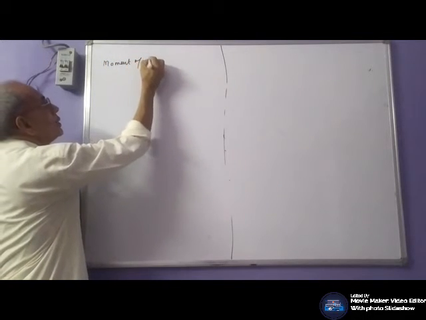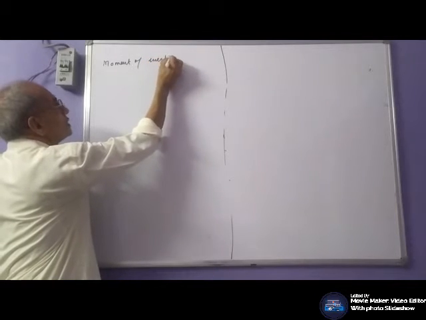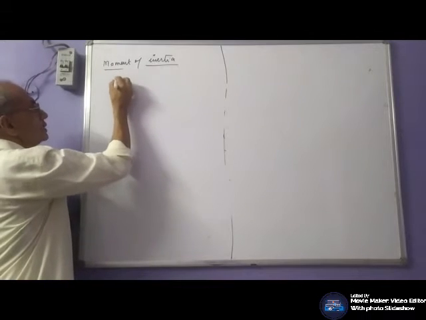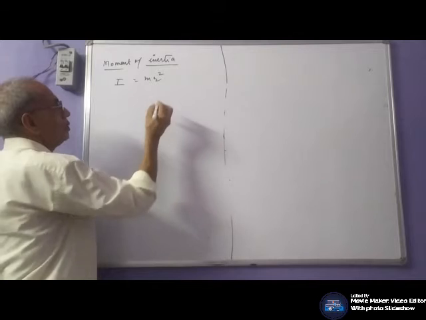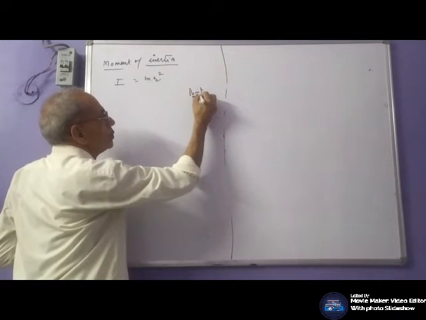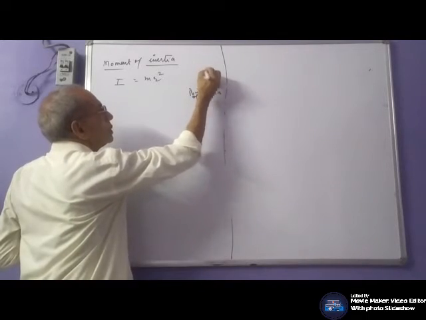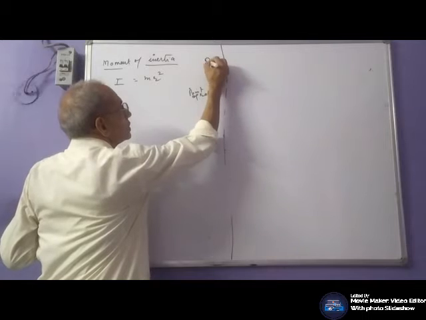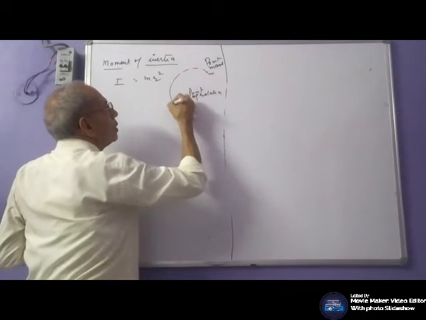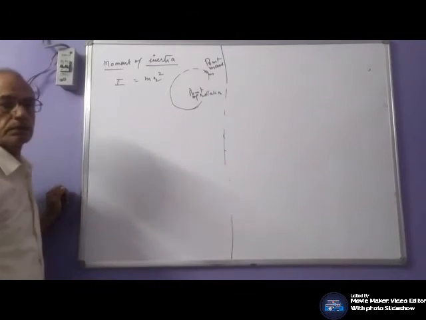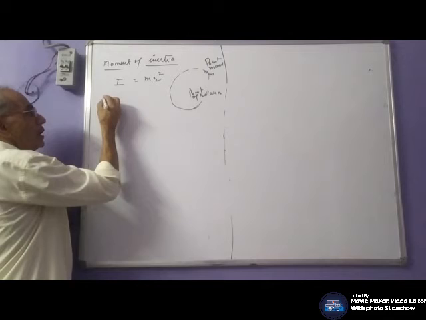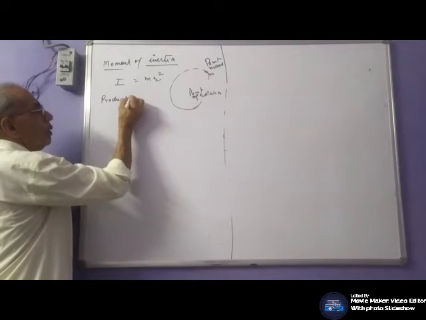Moment of inertia. This is the expression, derivation not required. This is the point of rotation. This is a point mass. And this is rotating like this. So this will be what? Moment of inertia. Product of M